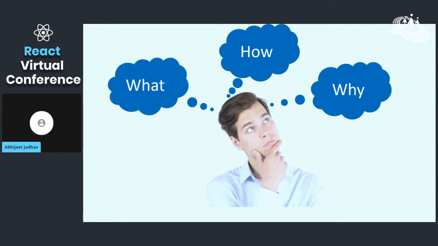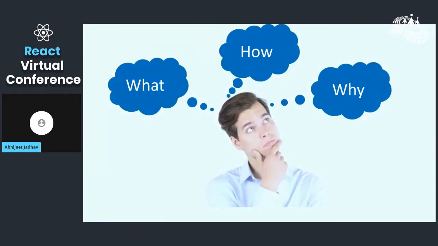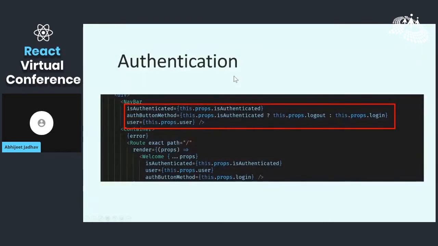Taking that into consideration, I'll start with what. Consider you're developing a React application where you would like to pull information from Microsoft 365, or push information to Microsoft 365.